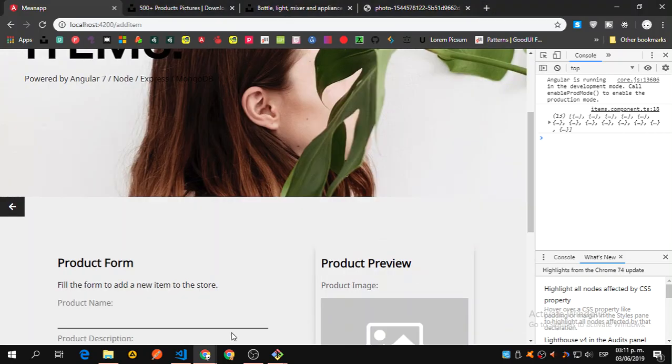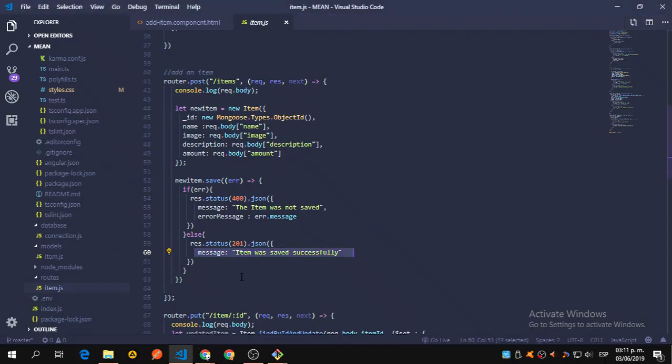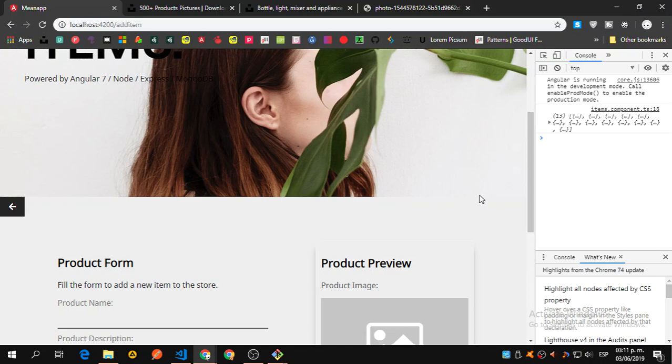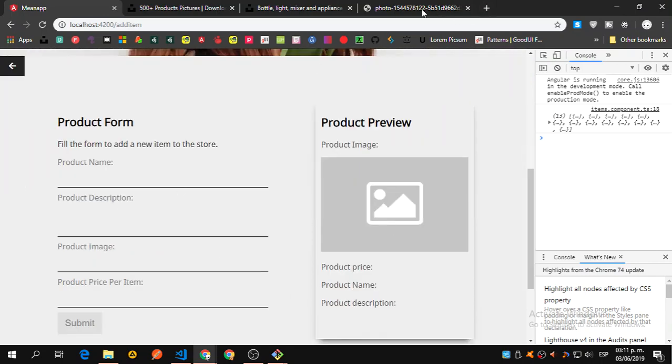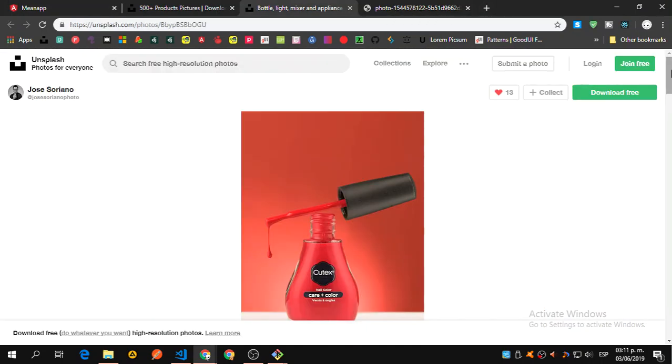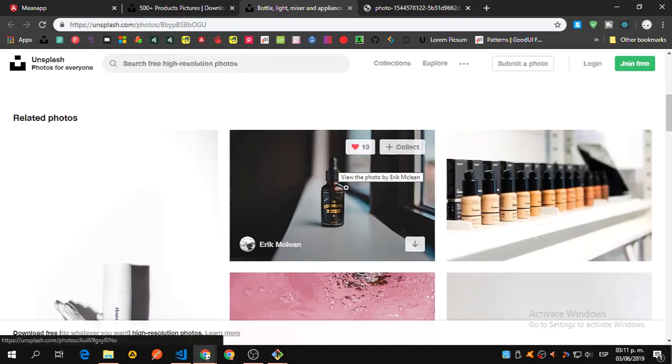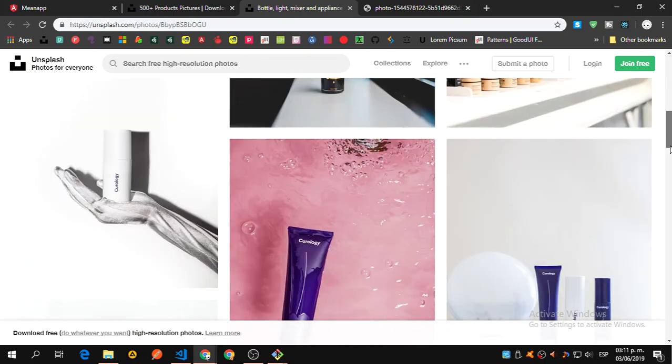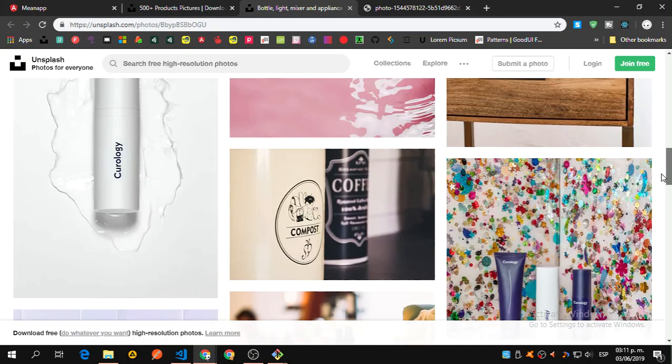So that's how we are creating the item. We are passing the item from this form inside Angular. Okay, let me create another one. Is there something here? What is this? I'm just looking for something that has